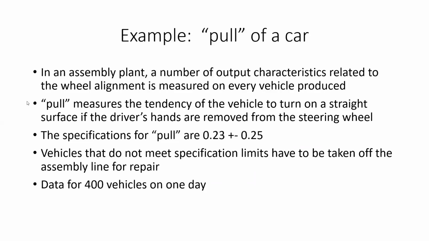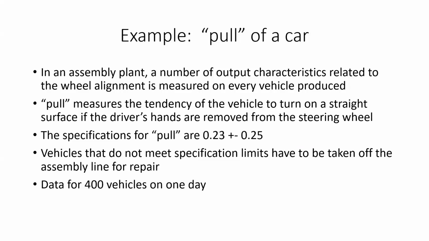We talked about specification limits, and we will now talk about an example and see how we can compare two processes and get a criterion that distinguishes whether one process is better than the other with respect to meeting the specification limit. So in an assembly plant, a number of output characteristics related to wheel alignment are